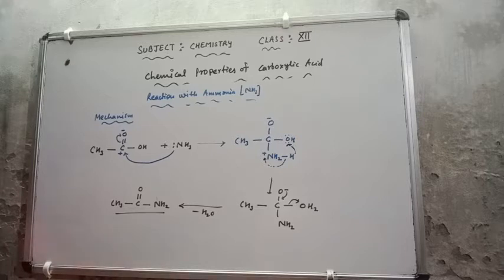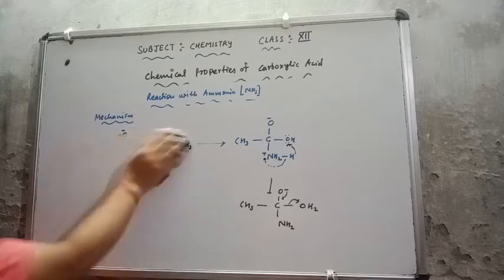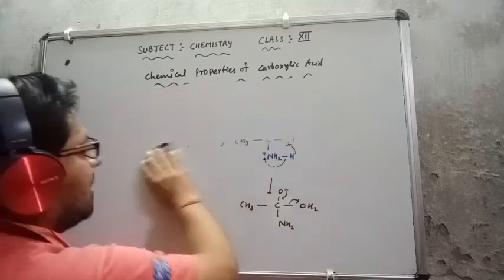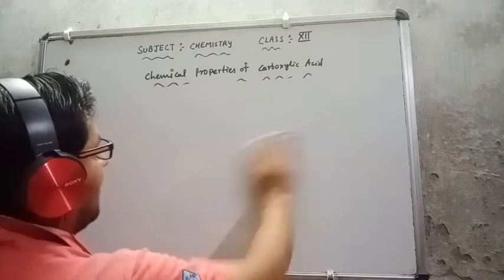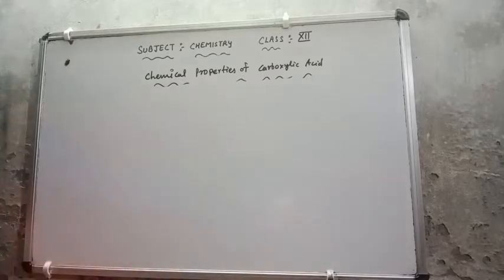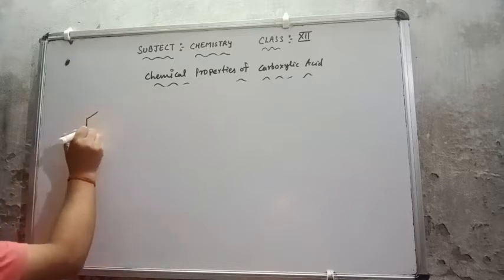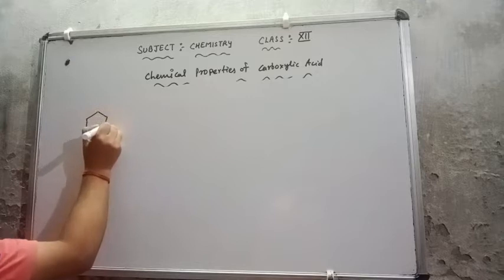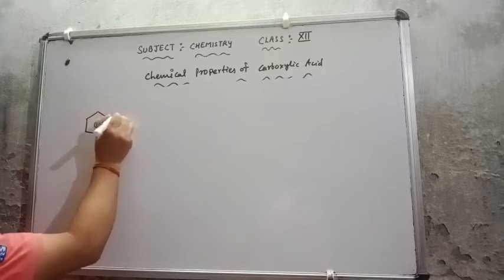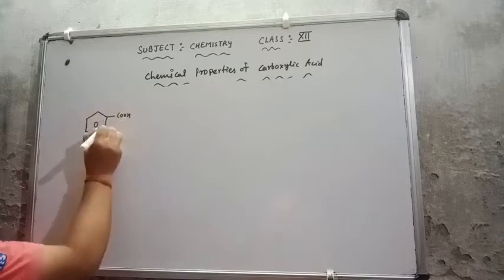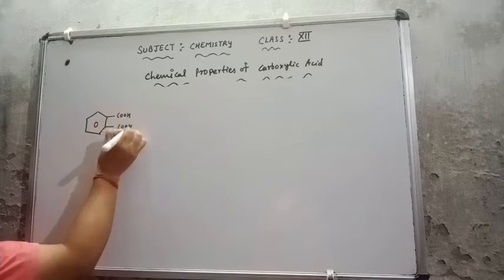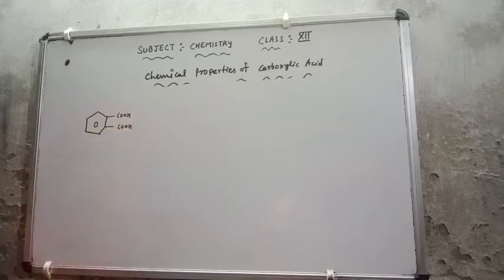This is in nitrogen compounds. That is a very important reaction which I am going to discuss with you. Let's see which one this is. Suppose I am having a phthalic acid. Phthalic acid I have already discussed with you. Whenever two carboxylic groups are attached at adjacent positions, I will say this is a phthalic acid.